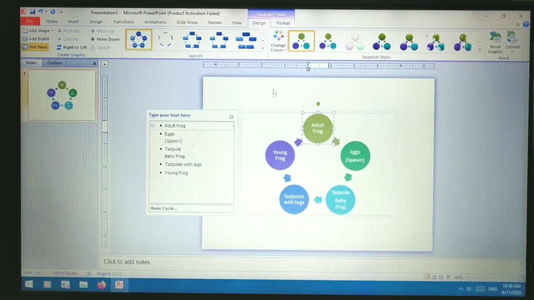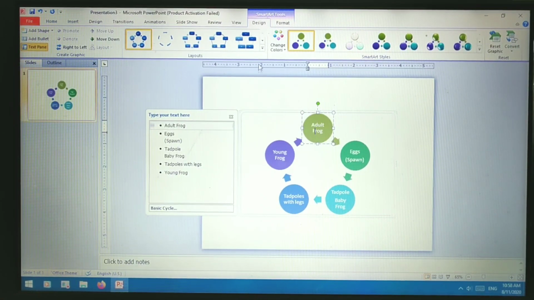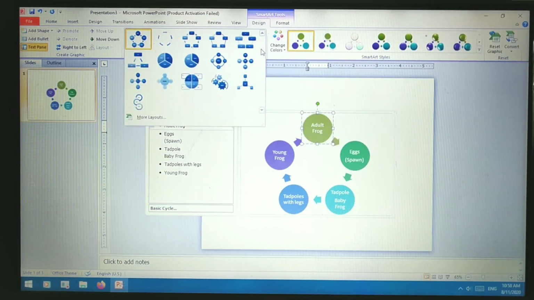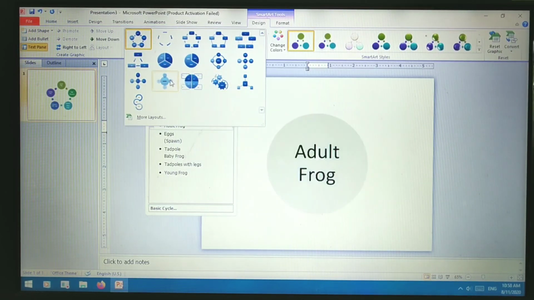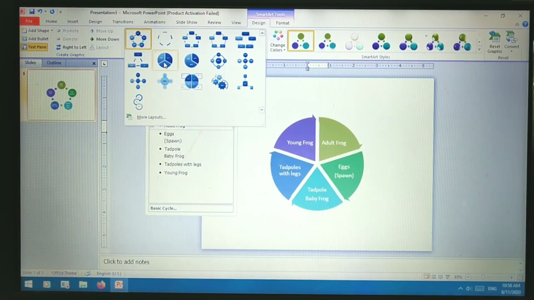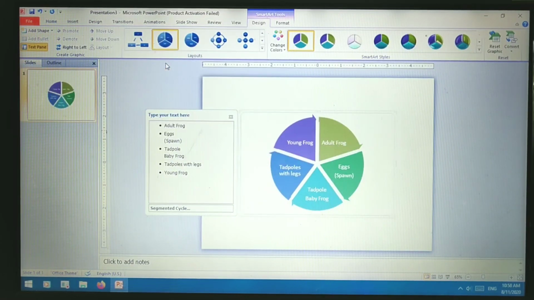And if you want to change the layout of the SmartArt, if you don't like this design, you can change this layout. You have to simply click at the down arrow button and you can change to any of the layouts given here. Okay, now we'll click at this one as given in the book. Now you can see the layout of the SmartArt is changed. Okay, this is how you can edit and insert SmartArt.